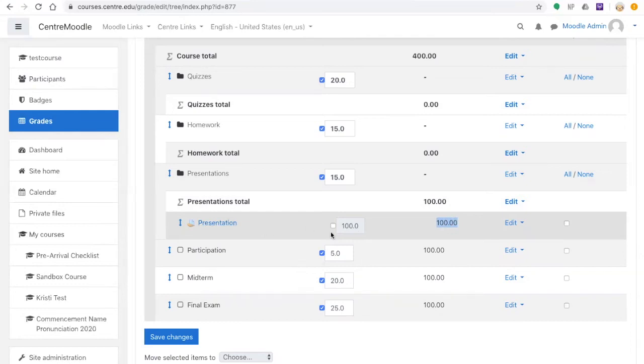Now this weighting in the middle is going to automatically weight at this point value here. So if I were to add another one, this would drop down to 50, but this is really irrelevant unless you need them to be higher or lower in overall percentage than another assignment, but they all have to add up to 100% under here. So if I had 10 presentations, but one was worth more, they would all have to equal 100%, even though it's 15% total of their overall grade. The points are really irrelevant. It's just how much their assigned value is when you're setting up the assignment, which you can change in the assignment itself,